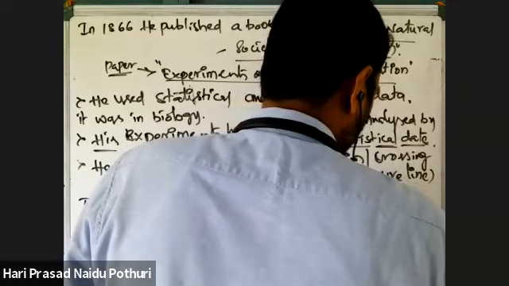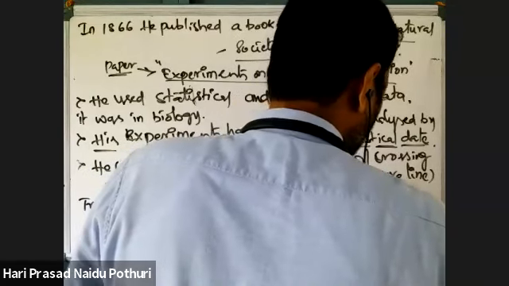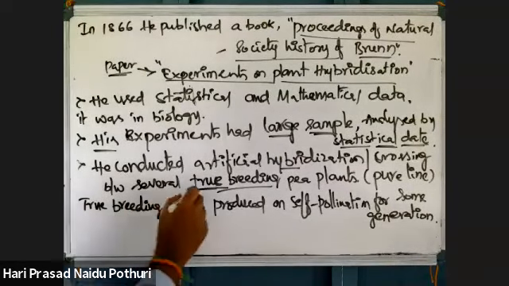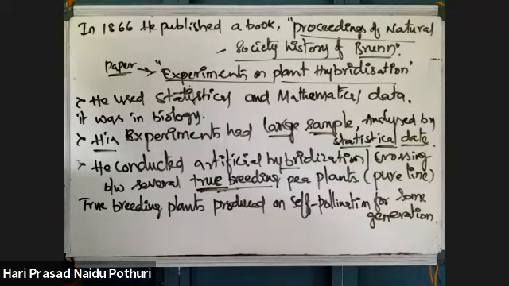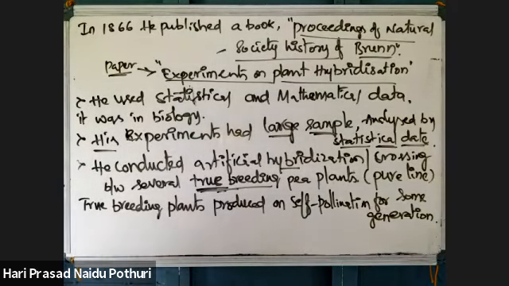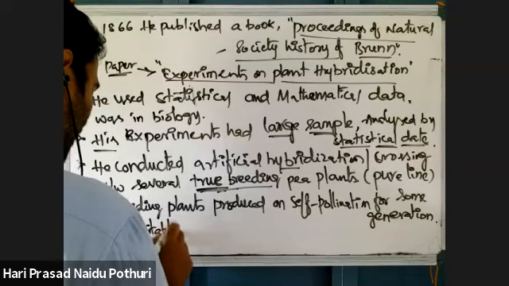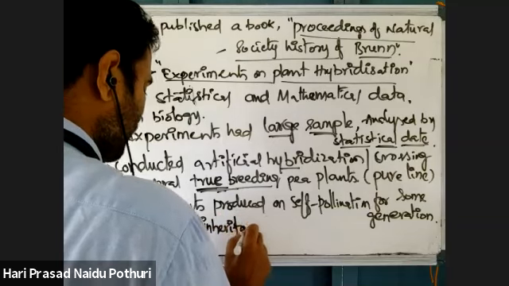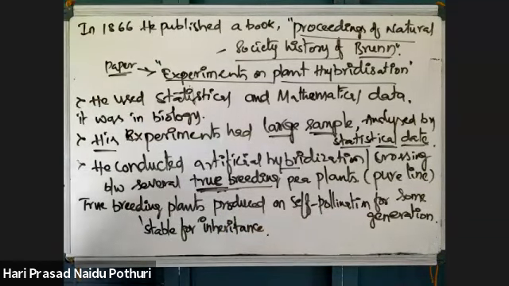If we do self-pollination for some generations, then any plant, not only the pea plant, will be converted into true breeding. Cross hybridization means there is a chance of variations or varieties, but when self-pollination is done there is no chance of variation, so a true breeding plant can be developed. It is stable in inheritance. Stable means there is no variation. So like that, he conducted experiments on pea plants.